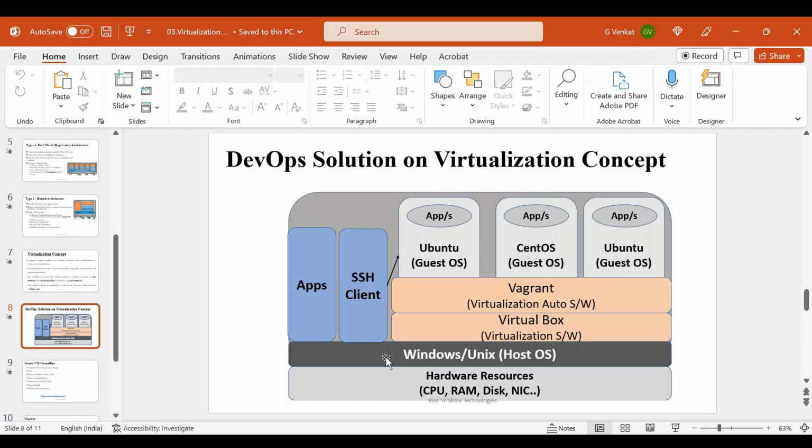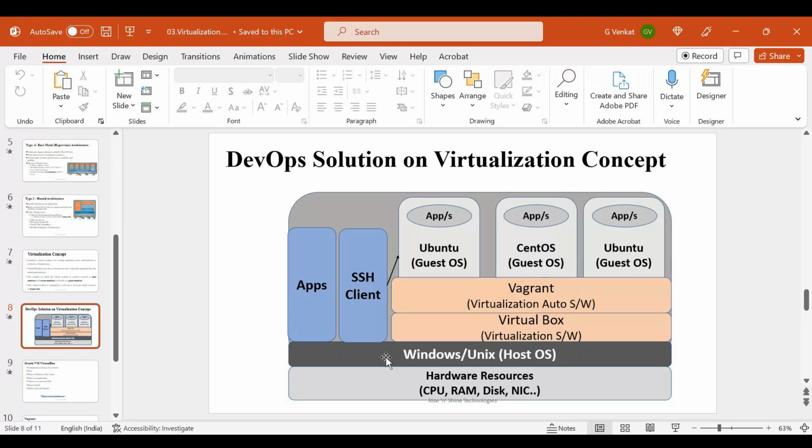Even launching this virtual machine, we have automation solutions. Launching the virtual machine, starting, stopping, or terminating the virtual machine. Instead of doing it manually, we can go for Vagrant.